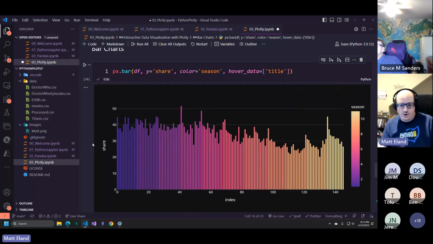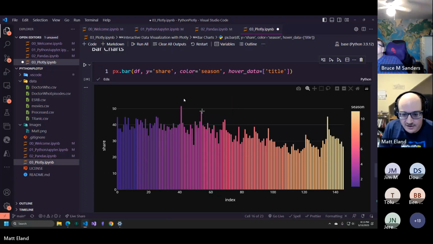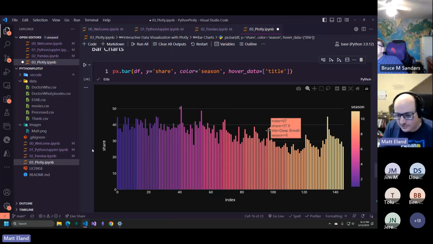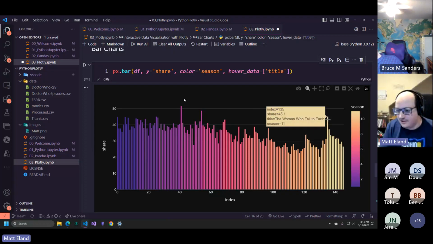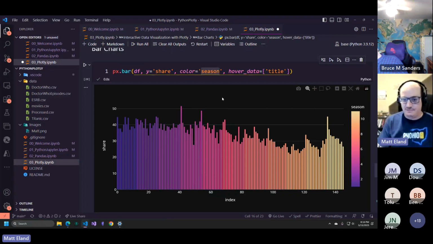So we can see as the seasons go on how the viewership share increases and decreases over time. We can see here we have this spike right here with the first episode of season 4, and then a spike at the end of season 4. And you can see we have some similar spikes in viewership around the first or last episodes of a particular season. So this colorizing by season actually helps us spot some of these trends, which is interesting. If we wanted to colorize it instead of by season, maybe by rating,